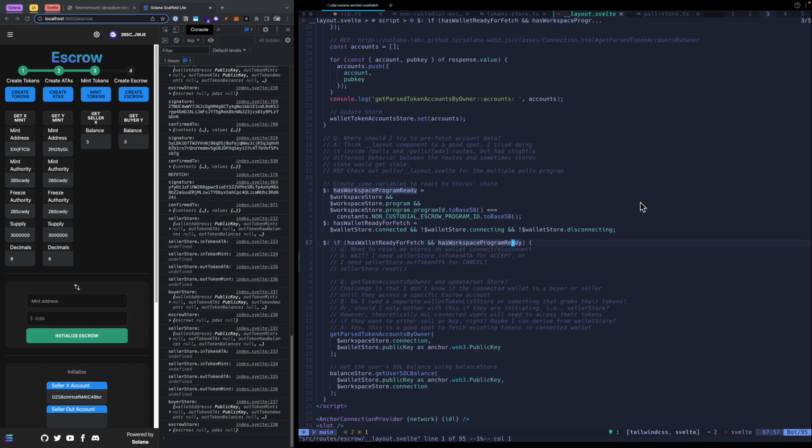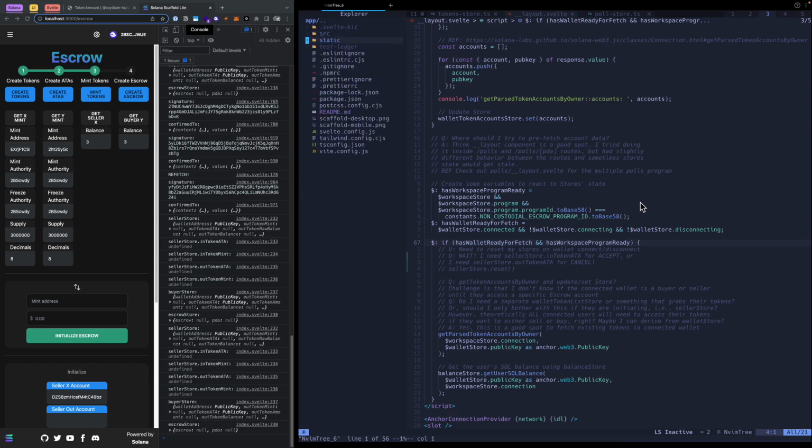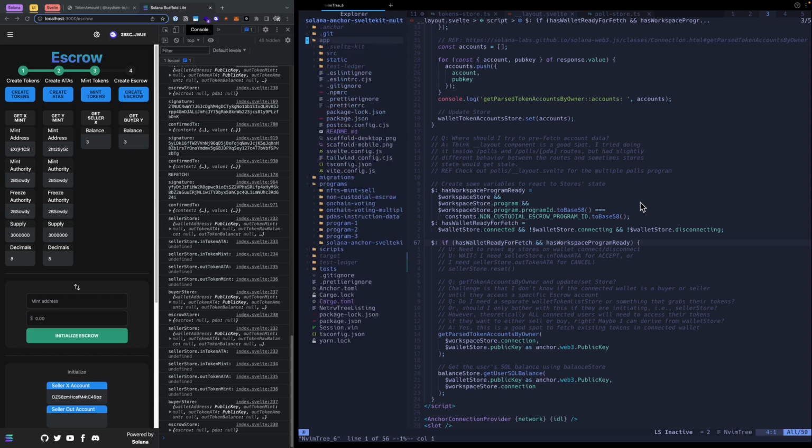And now I have this program here, and I've got quite a lot of different programs in this. I've got NFTs, PDAs, some other little programs, some voting, and now this escrow. So that looks a little bit different. What I'm doing is, because Anchor generates this IDL: after you write your program in Rust with Anchor, and you build it, compile it, and deploy it, Anchor will at the same time take all of your structures and build this handy IDL, JSON, and TypeScript files